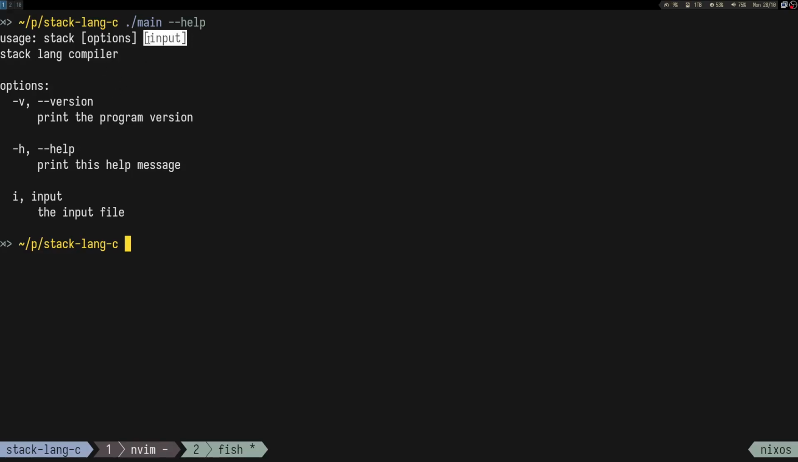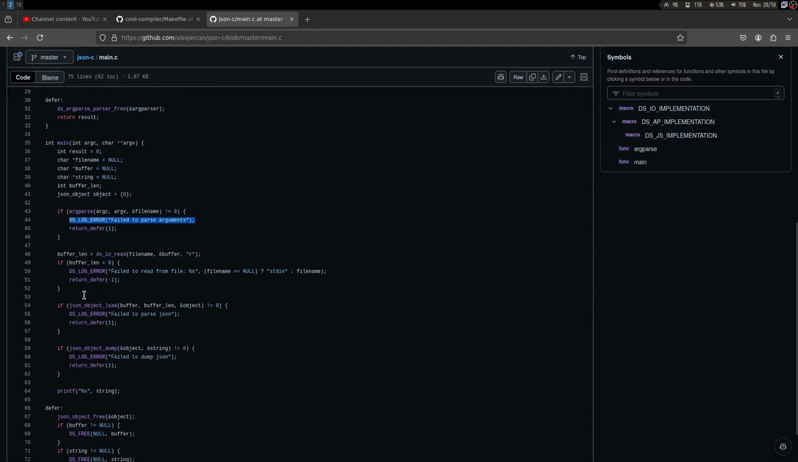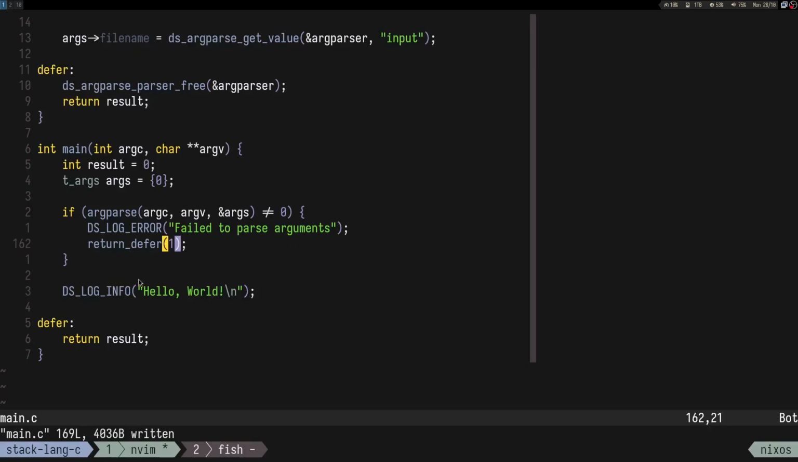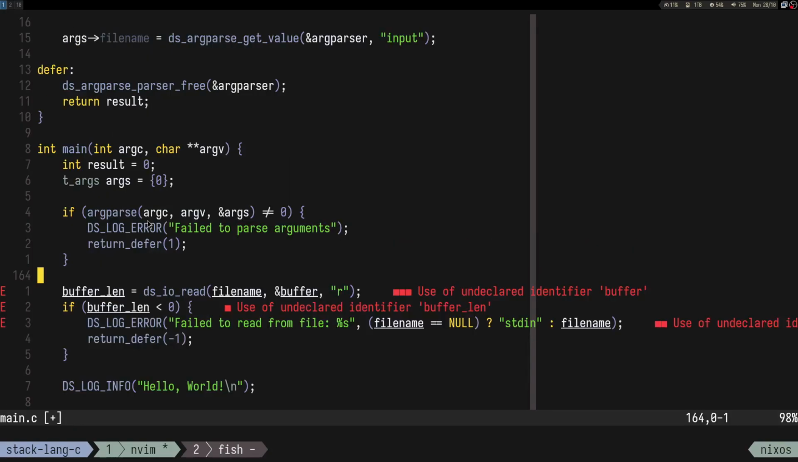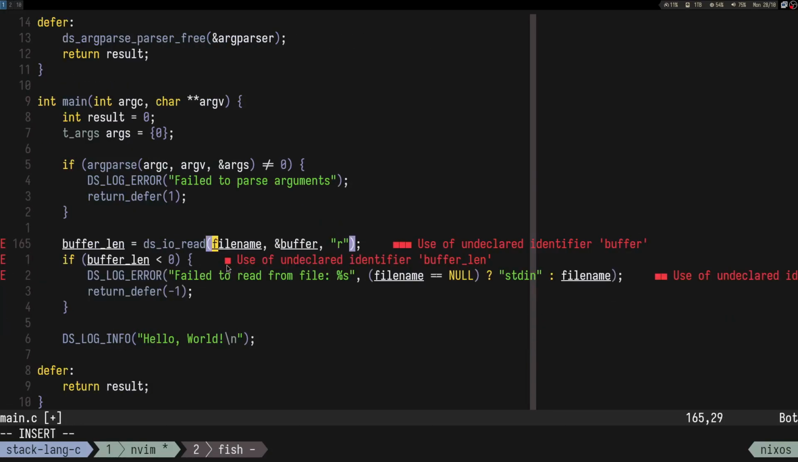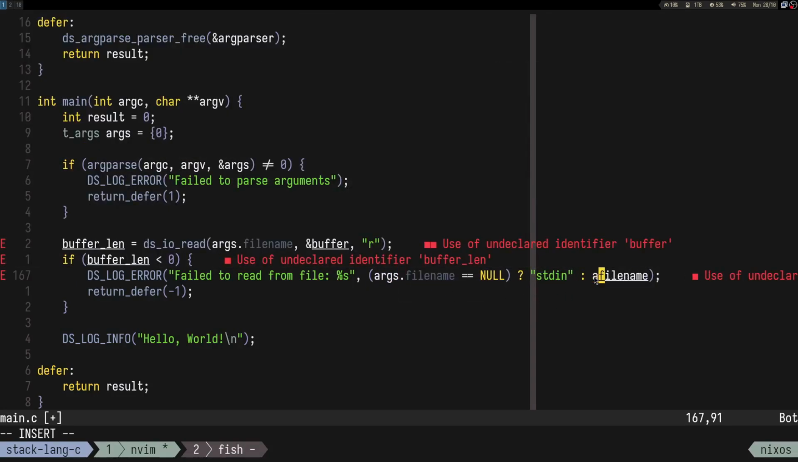Right, so you can see input is optional and is the input file. So if you do something like example SL, it's going to set that as the input file, but right now we don't use it. So let's do something like this. Args dot file name, right? We use file name, and for this one